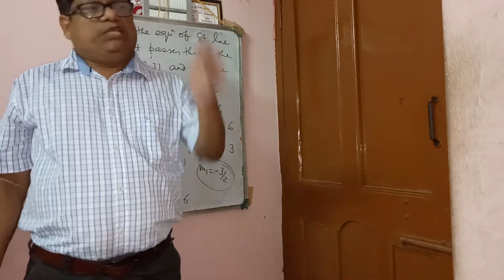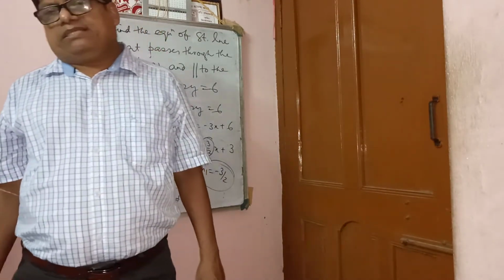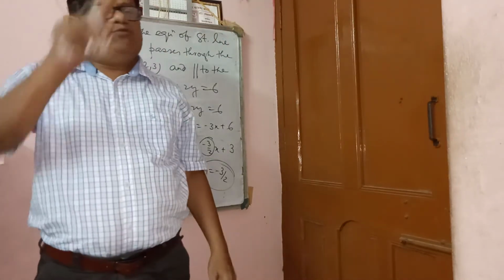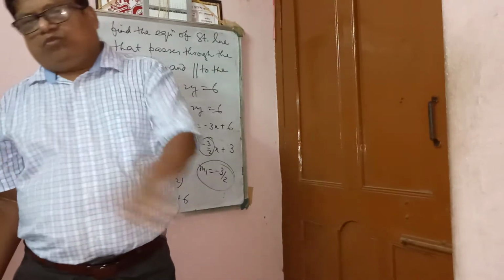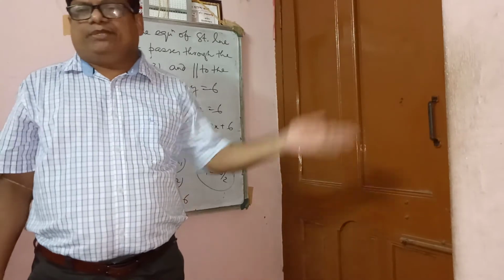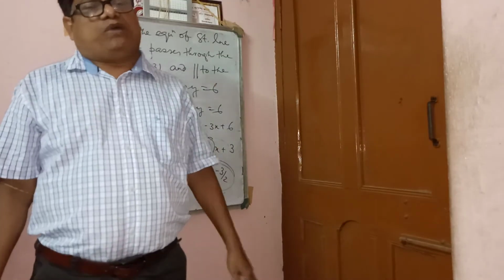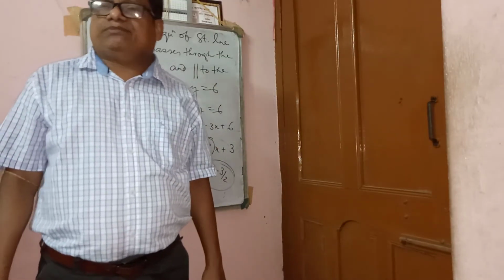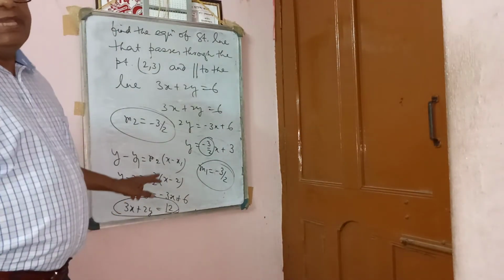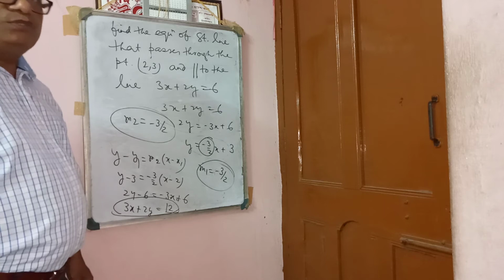First, you have to arrange the equation as y equal to m1x plus c. Since the lines are parallel, we can say m1 equal to m2. So you are getting m2. Now the line passes through the point 2 and 3. So the equation of the straight line is y minus y1 equal to m into x minus x1. So y minus 3, m2 you are getting, and x1 is given. Just find it here.